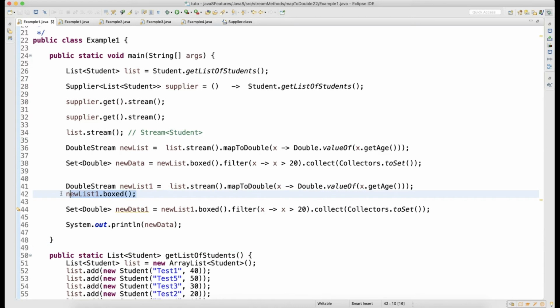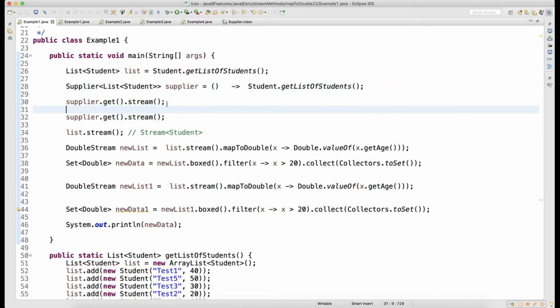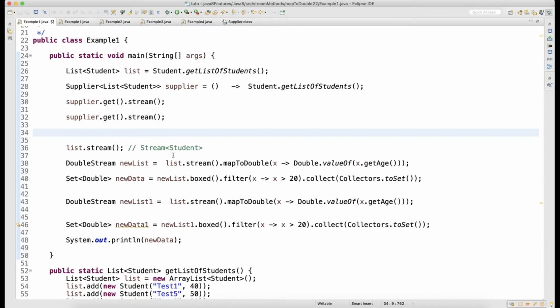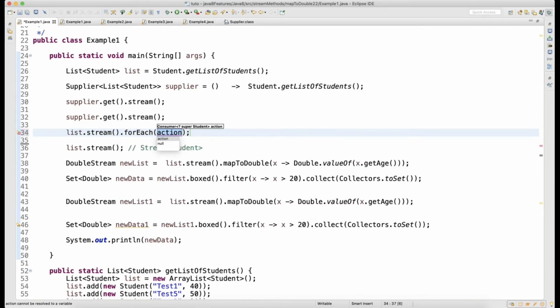So I think this is manageable, guys. We can manage this, we can create a different reference altogether. But again, yes, the supplier also will help you a lot. Let's say I have a requirement, let me explain. I have this stream dot forEach, and I just want to process the record. Nothing else. So list dot stream dot forEach, and for every student object mapped to my x, I'm saying get age.